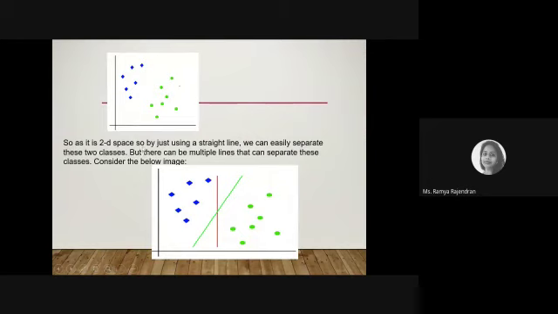Hope you had a very good understanding of SVM so far. We have been discussing what SVM is, what a hyperplane is, what support vectors are, and the different types of SVMs, linear and non-linear, and how you can transform your one-dimensional data to two-dimensional, and from two-dimensional to three-dimensional. Until you are able to create a hyperplane properly, so that you can segregate your data into two or three different classes, you will be continuously creating higher dimensional data.